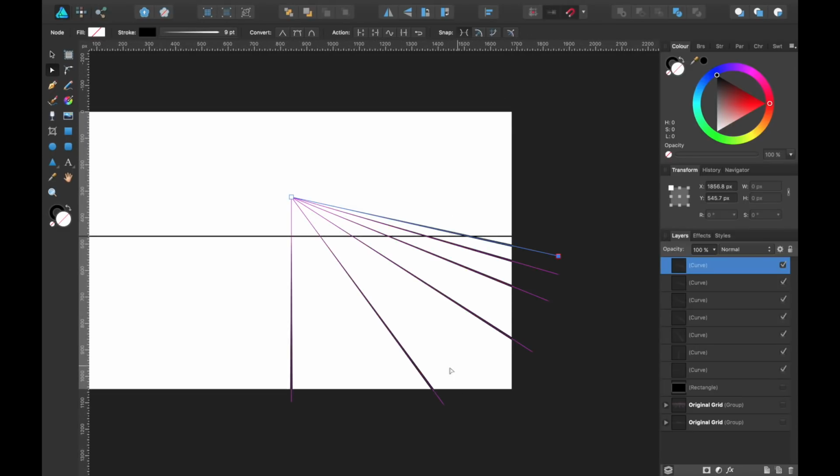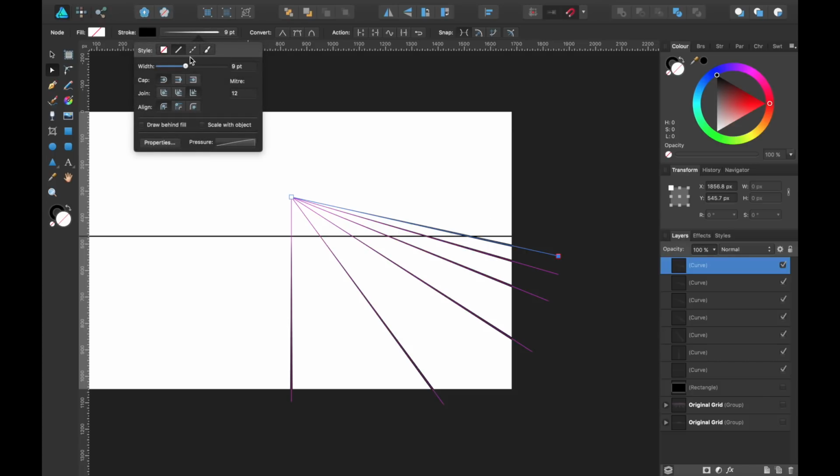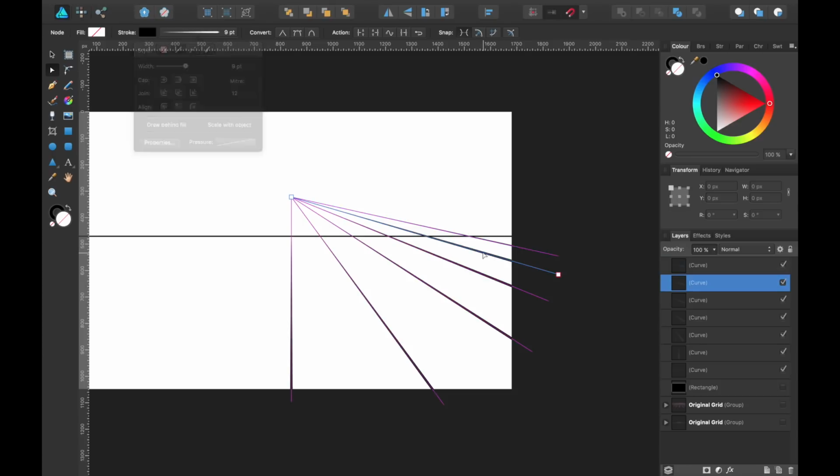We're going to want to make some of these lines a bit thinner because as they go into the distance, they're going to be less visible. So on the one that we've just created, go up to line and let's make the width a bit less. There we go. And let's select the other one, make it a little bit less again. And you can see it's getting more fat.